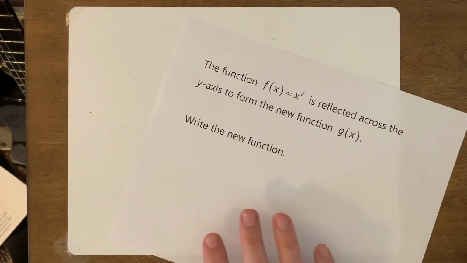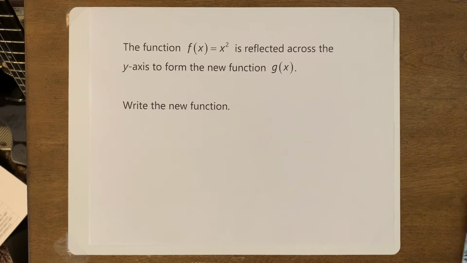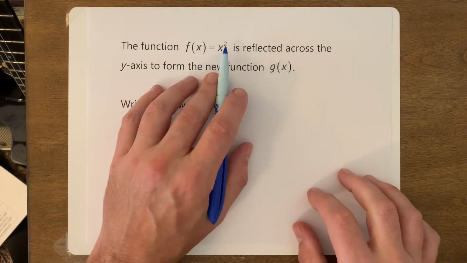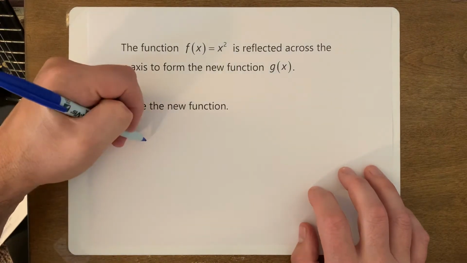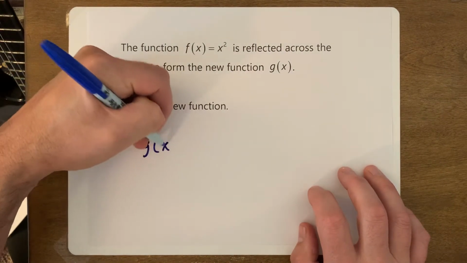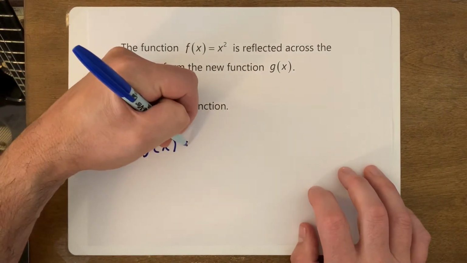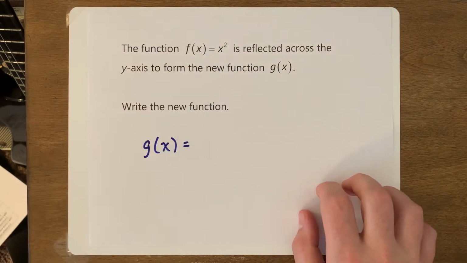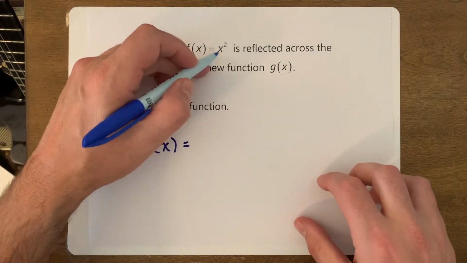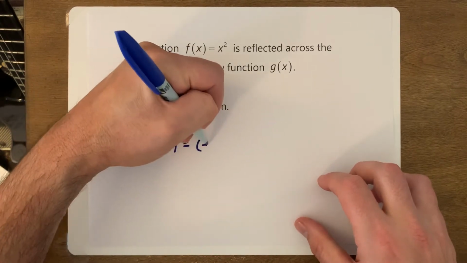Let's take a look at this one. This one says the function f of x is equal to x squared is reflected across the y-axis. Write the new function. So we have g of x is equal to, and so what's it say to do for reflections across the y-axis? It says to replace every x with negative x. So if you take that x right there and replace it with negative x,